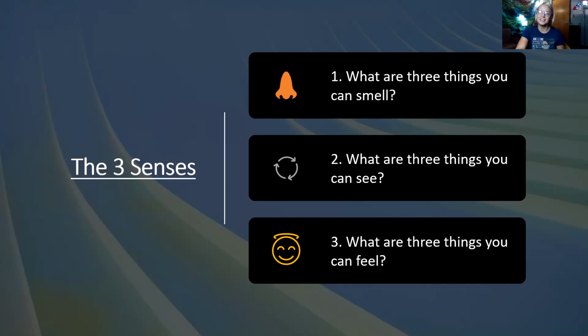So these are 3 things. It's known as a 3 and 3: 3 things you can smell, 3 things you can see, and 3 things you can feel. Acknowledging 3 different aspects of ourselves that also help ground us. And this is a trauma-informed approach that allows us to sense what is going on in the moment, especially if we find that something has triggered us or maybe got us into dysregulation.